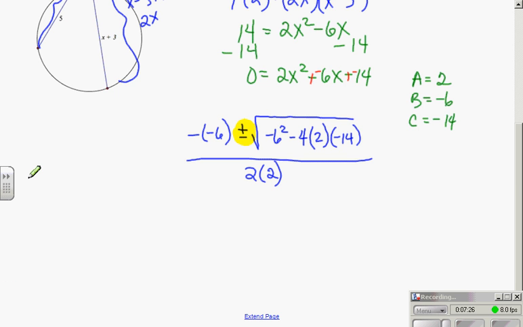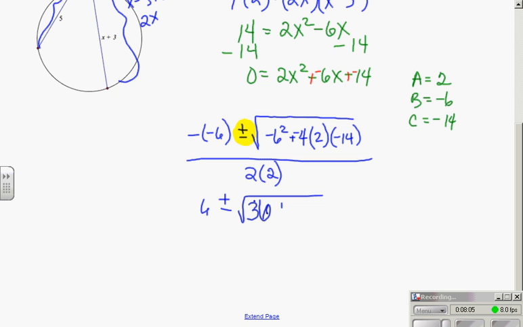Now you need to work this out in pieces because this plus or minus right here is going to give me 2 potential answers. Now I'm only going to use maybe the positive one, but I do have 2 potential answers. So when I go to work this out, I'm going to work it out in pieces. So the opposite of 6 is 6. Opposite of negative 6 is 6, plus or minus the square root of 36 minus 4 times 2,